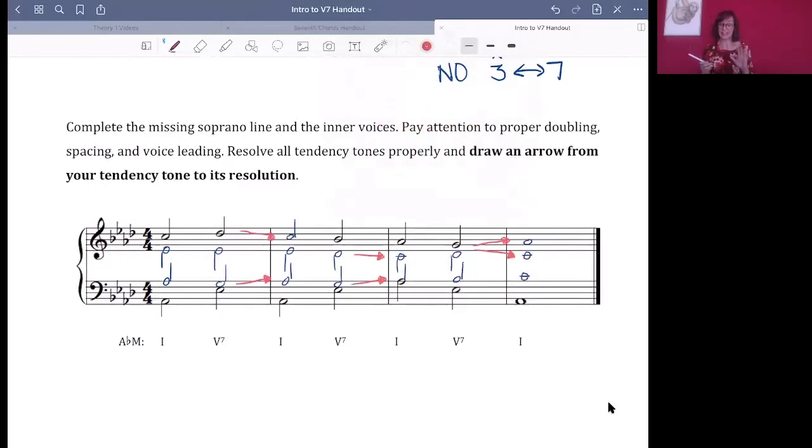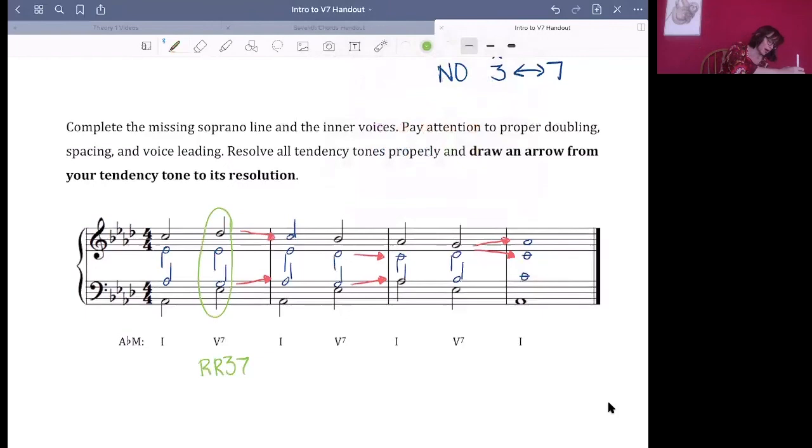Okay, let's see what you've got, and I'm going to troubleshoot a couple spots that can be easy pitfalls. First thing is actually the very first dominant harmony. You'll notice that mine is incomplete. I have two roots, I have a third, and I have a seventh. I do not have a fifth. The reason I don't have a fifth